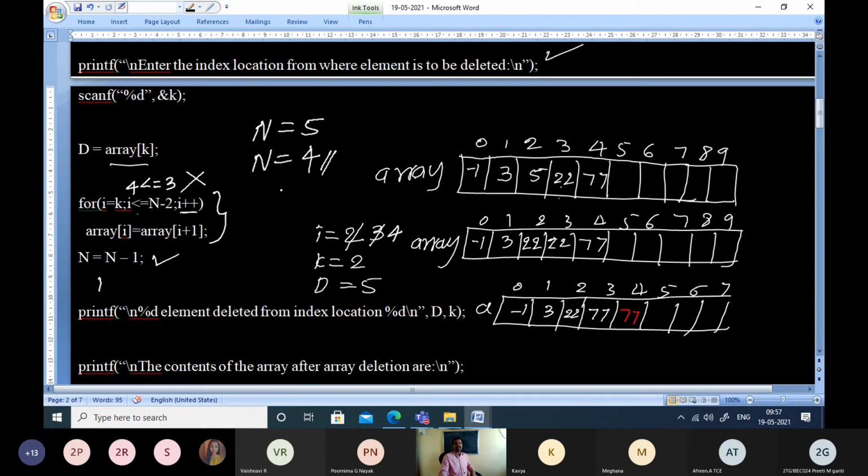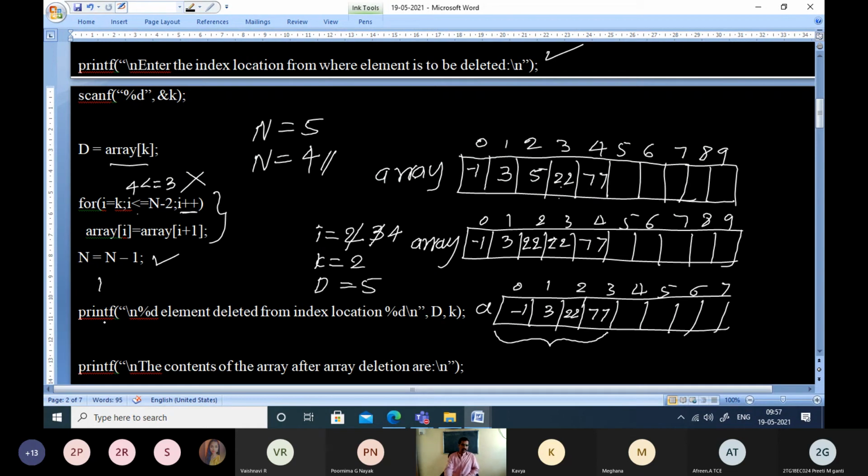So with this logic, it is obvious that we have to ignore this element. For our requirement, we will just concentrate on this new array, which is obtained after deleting an element from the array.